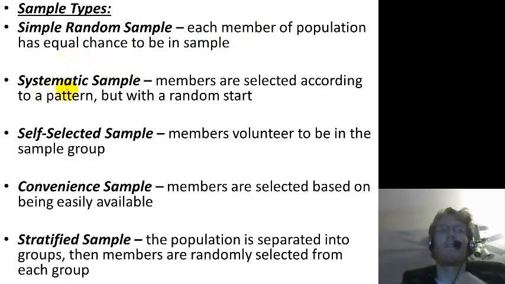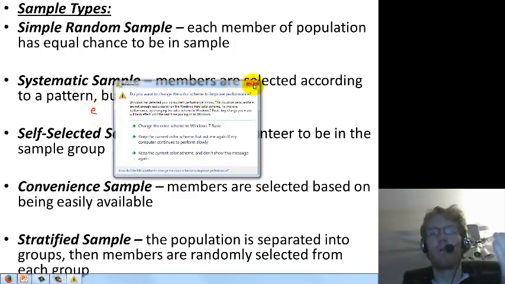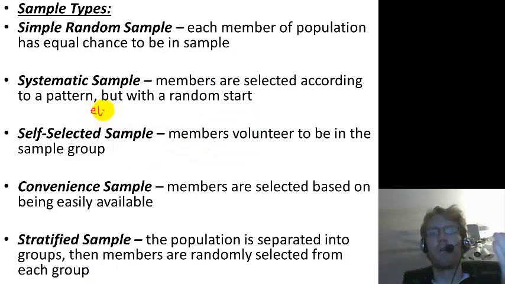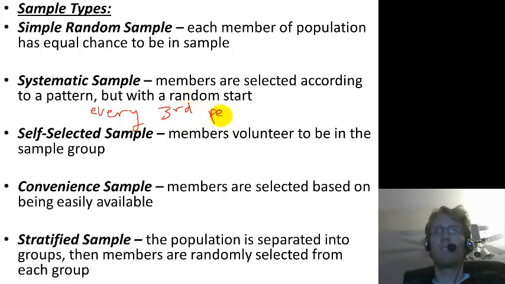Second one, systematic sample. Here's where you have a random starting point, but then you follow a pattern. So for example, if I had everyone line up and I picked every third person, that would be a systematic sample. So every third person. So it's not really random in the sense that once I choose the first person, everyone else is determined based on that, but it is still overall not like I'm picking out a certain characteristic,